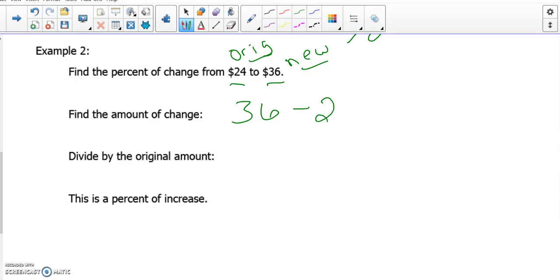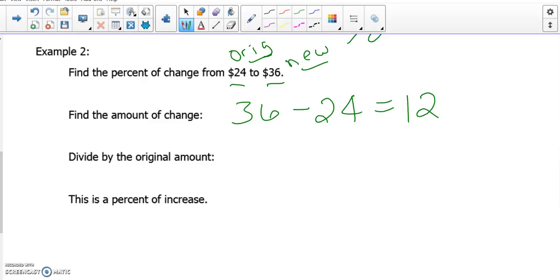So we're going to do 36 minus 24, which gives us a total of 12. The next thing we want to do is then divide that change by our original number, which in this case was 24. So we're going to do 12